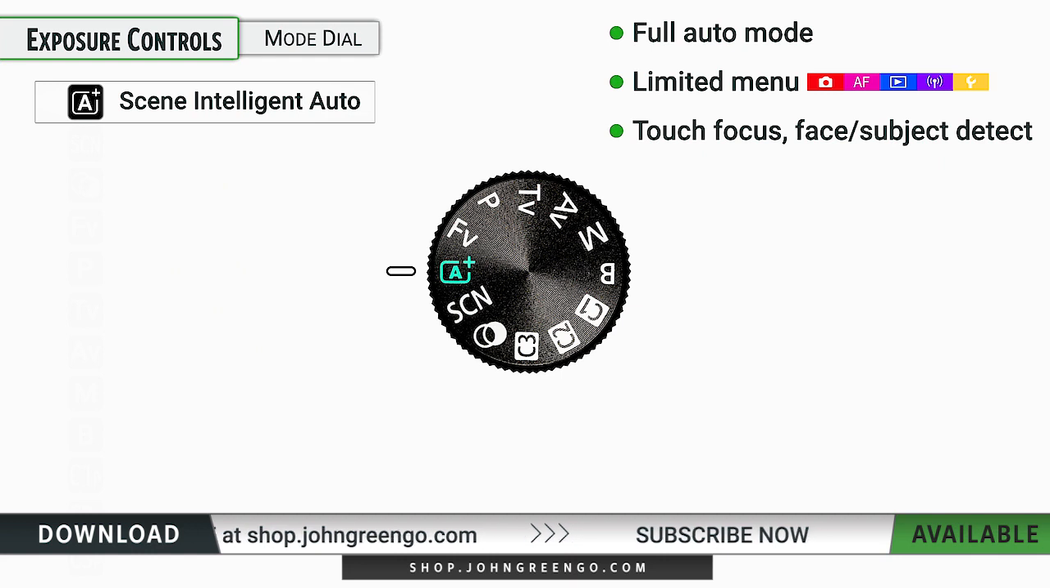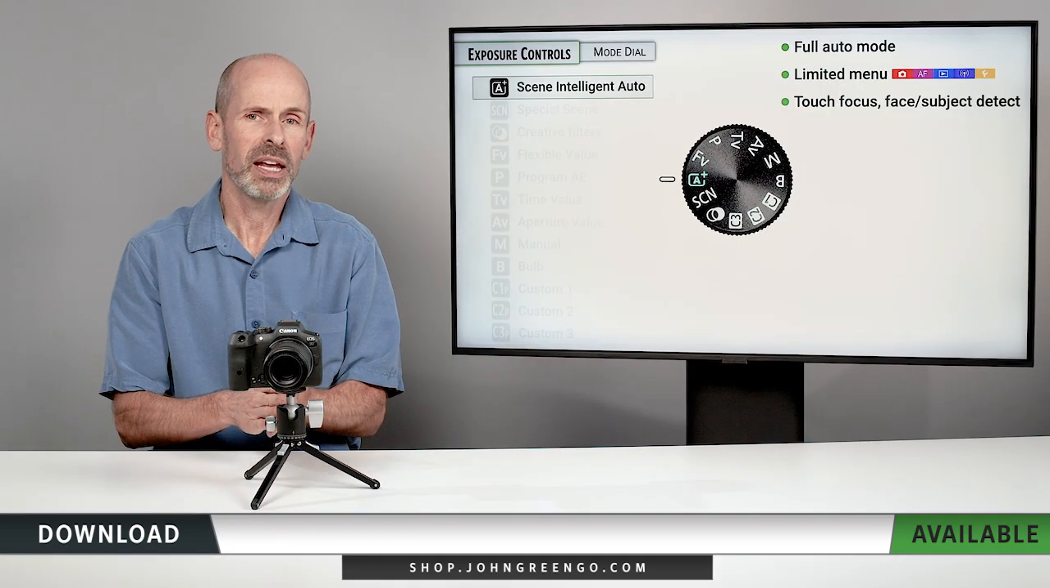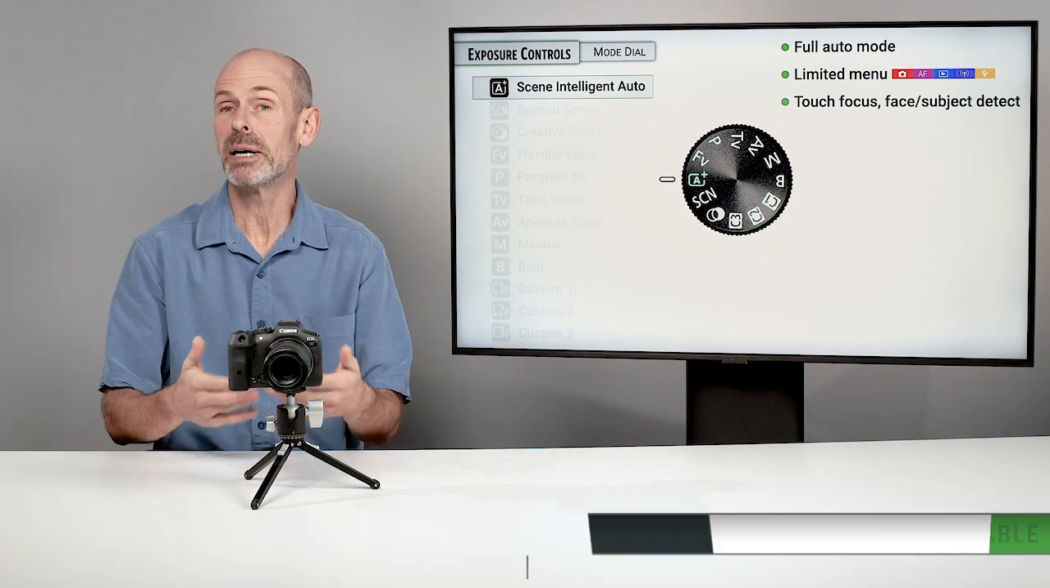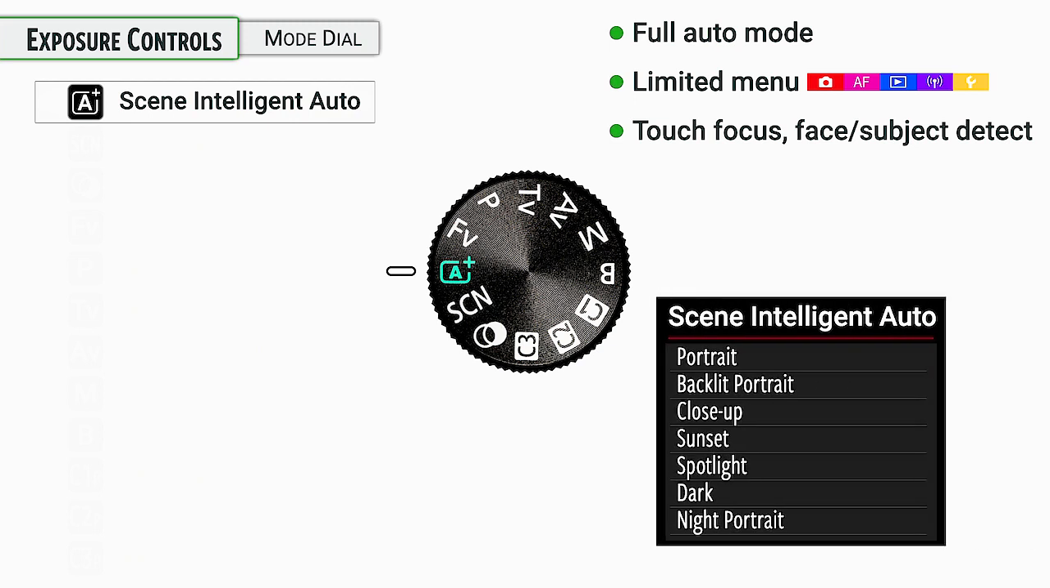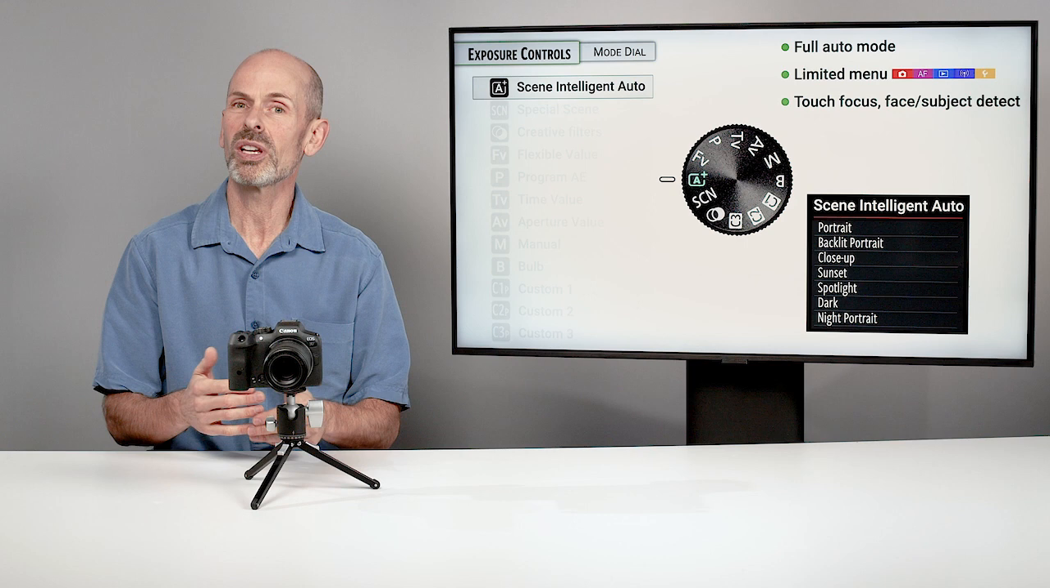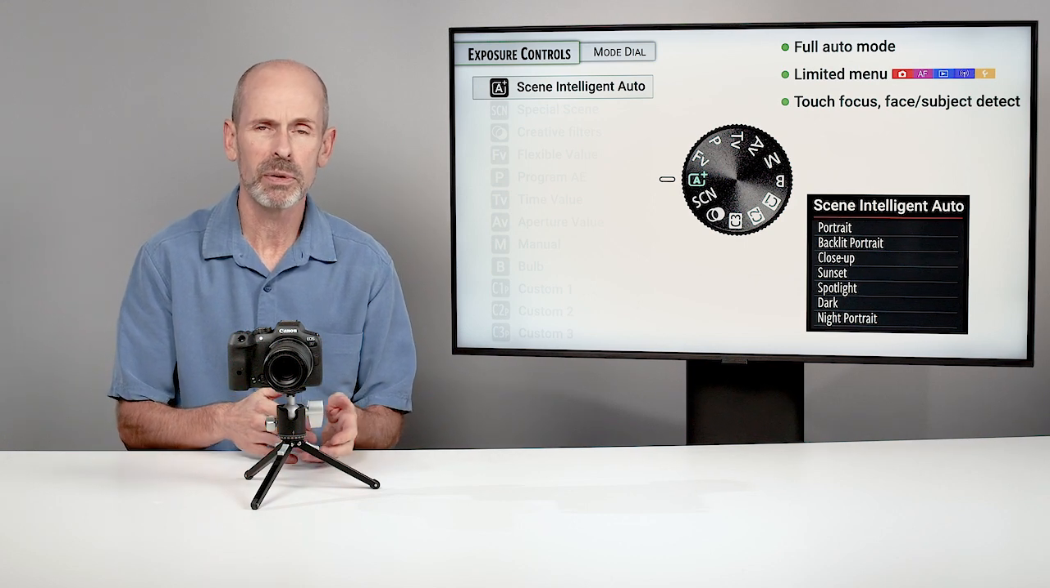Now, on the back of the camera, there will be a touch focus option, so you can just choose which area of the frame that you would like to focus on by touching it. It is also face and subject detection by default. And so it's automatically going to go into that particular mode. Now, the Scene Intelligent Auto, what this really means is that the camera is going to look at the scene as you have it framed up, and it's going to decide whether it's a portrait, if it's a close-up, if it's a sunset, and then it's going to make some subtle changes